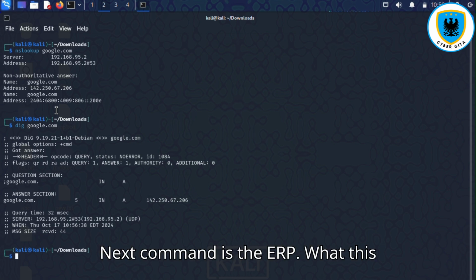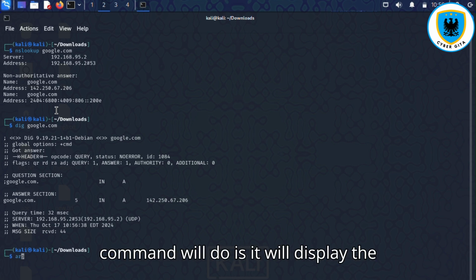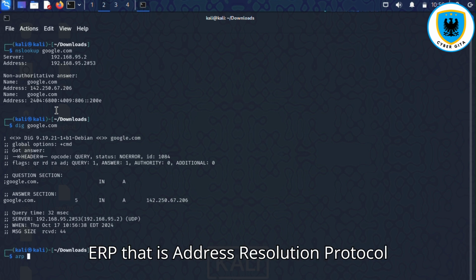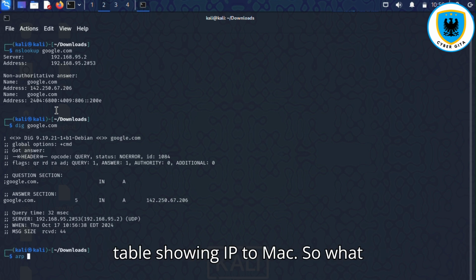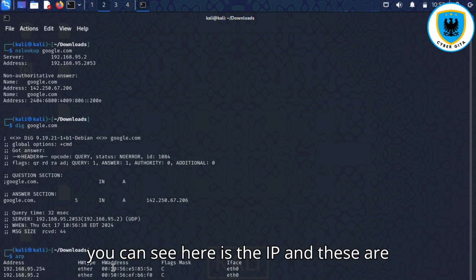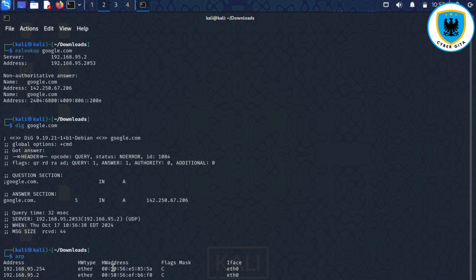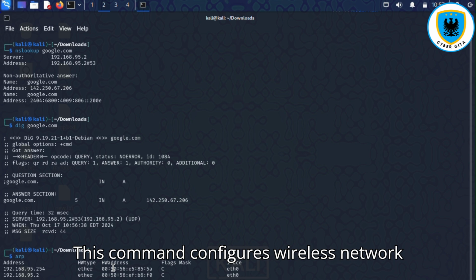Next command is arp. This command will display the ARP, that is Address Resolution Protocol, table, showing IP to MAC mappings. What you can see here are the IPs, and these are the MAC addresses. Next command is iwconfig. This command configures wireless network interfaces.